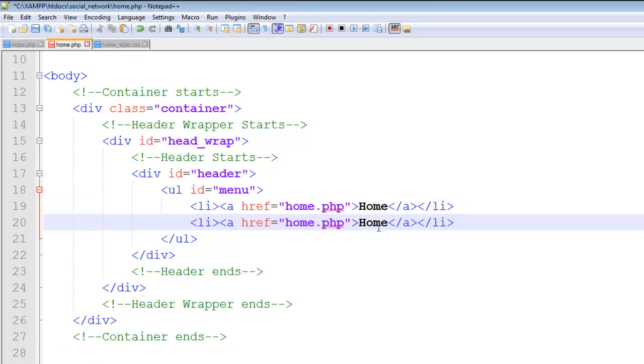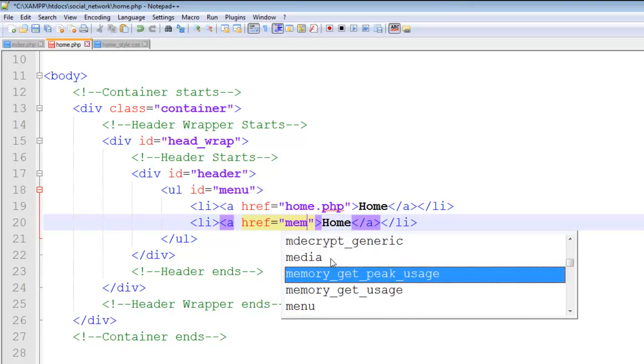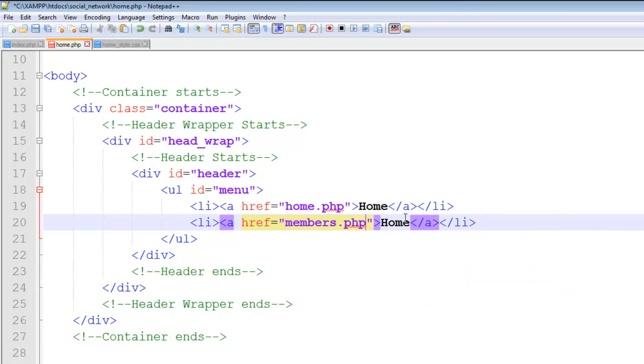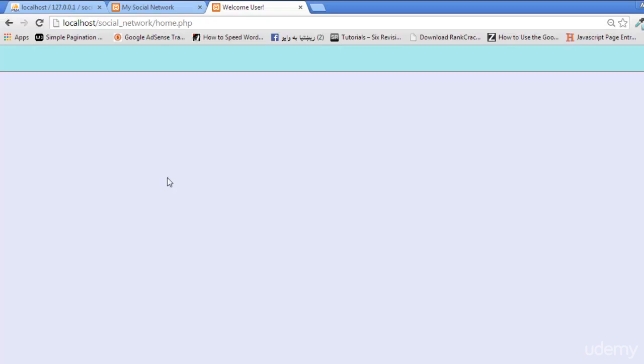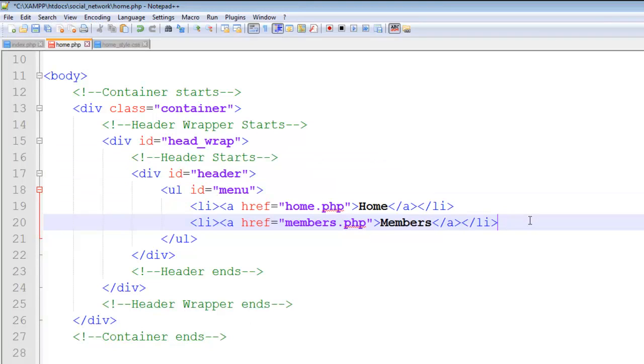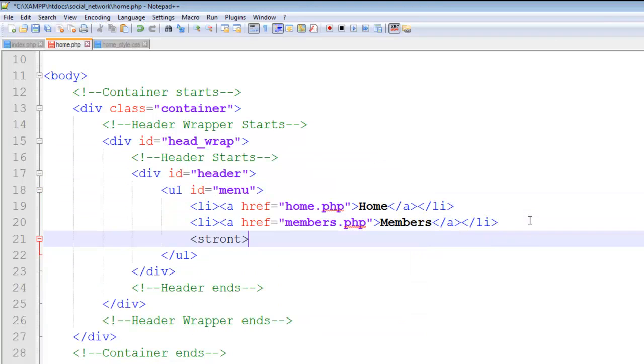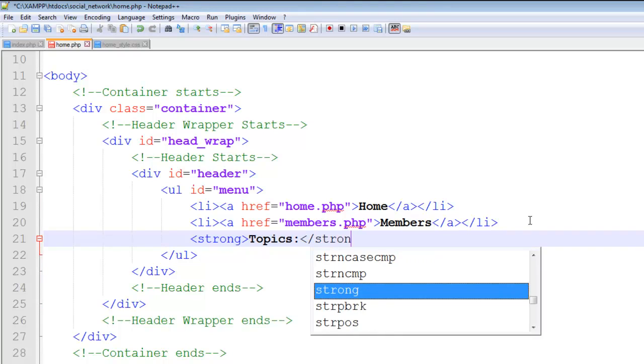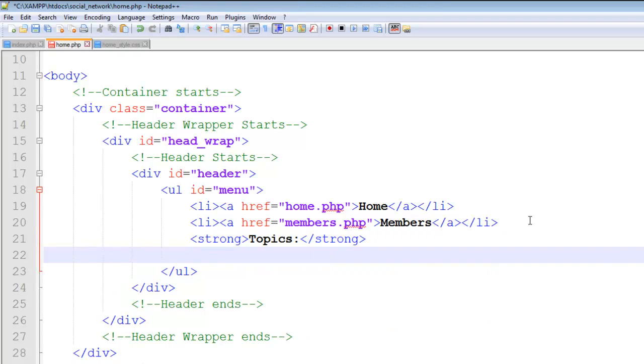We'll say members.php. We'll say members. That's it. Okay, home, members. Then we'll have a topics text with strong text. We'll say topics, and after that again we will copy and paste that,